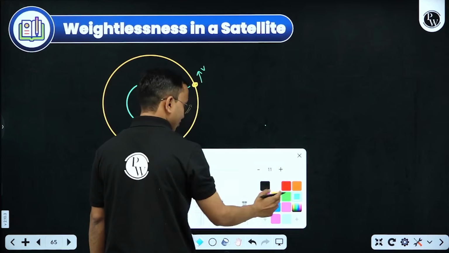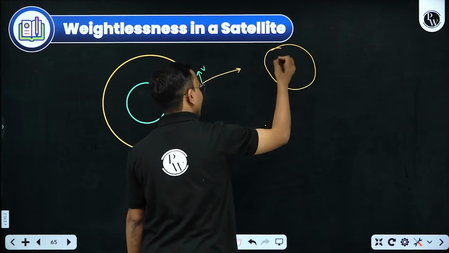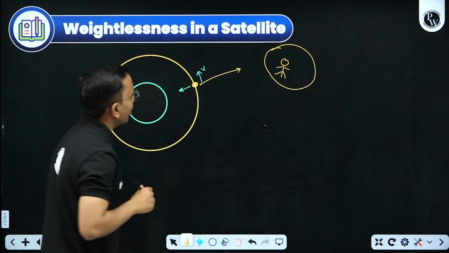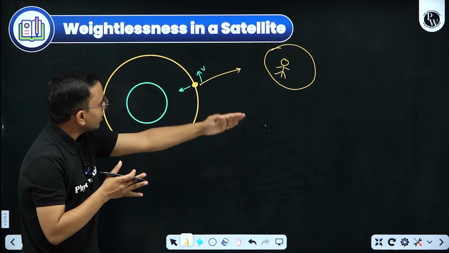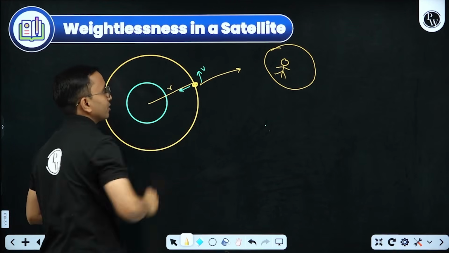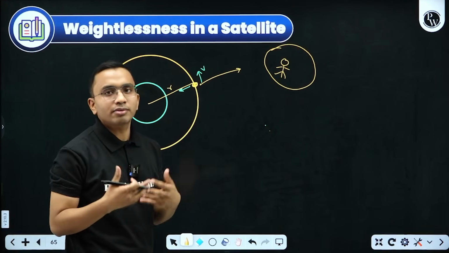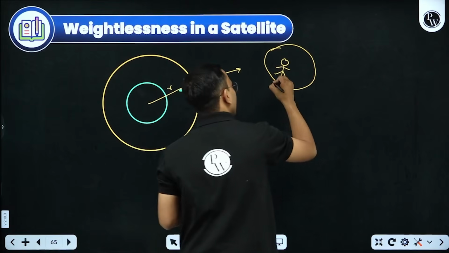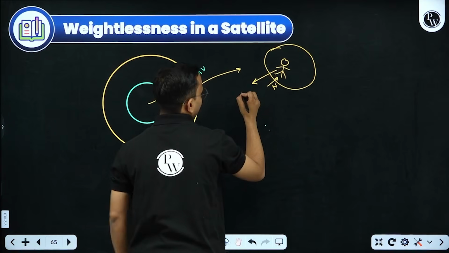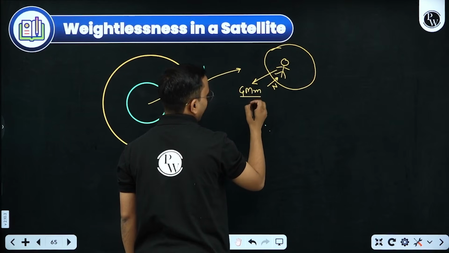I am zooming in on this satellite and drawing the image. This is the inside view of the satellite. Here is an astronaut. This astronaut is moving in a circular orbit, certainly like this. The radius of the circular orbit is r. It is moving at some speed v. Let us take it is having some weight, which means it will have some normal reaction from the satellite. Let us take the normal reaction. This is the force due to gravity. How much is that? Force due to gravity is G, mass of Earth, mass of this astronaut, divided by r square.